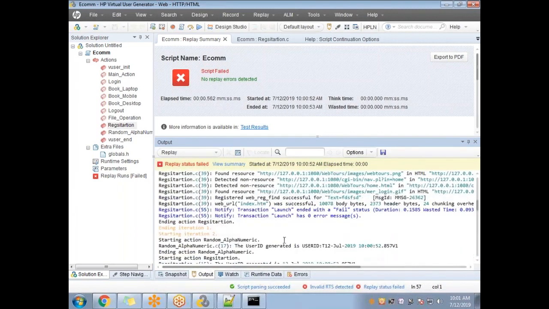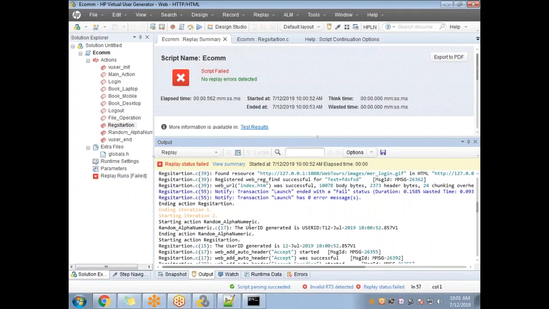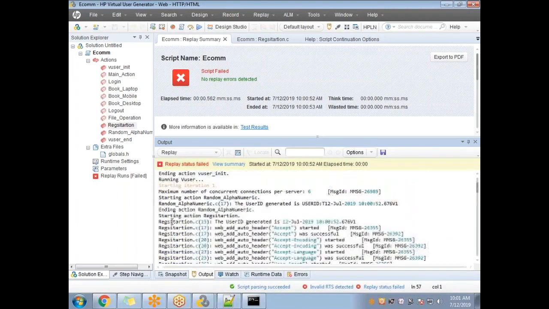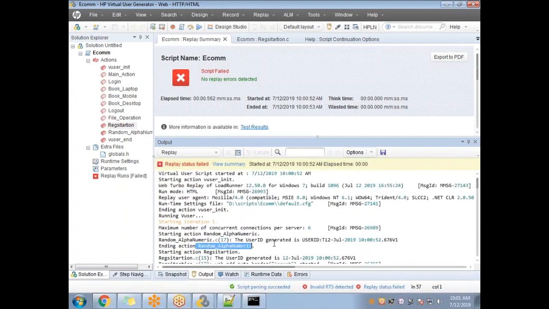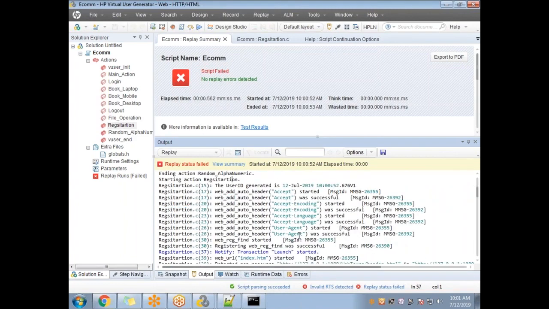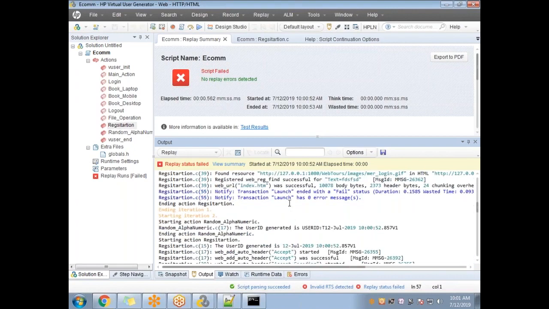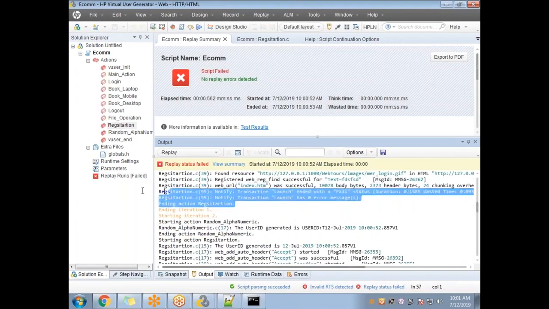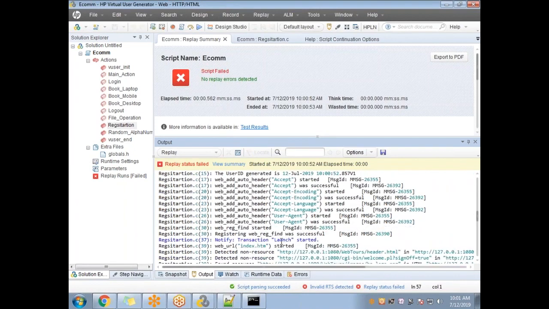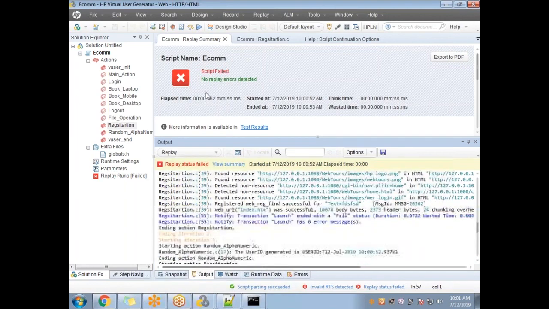One more thing you would have noticed is, it is random alphanumeric, ending the action random alphanumeric. Starting the alphanumeric. So first seems to be alphanumeric, then registration. So it has entered the transaction. It has entered the registration, then alphanumeric. Wonderful. But the only thing now you have asked is the difference between LR auto and LR fail,